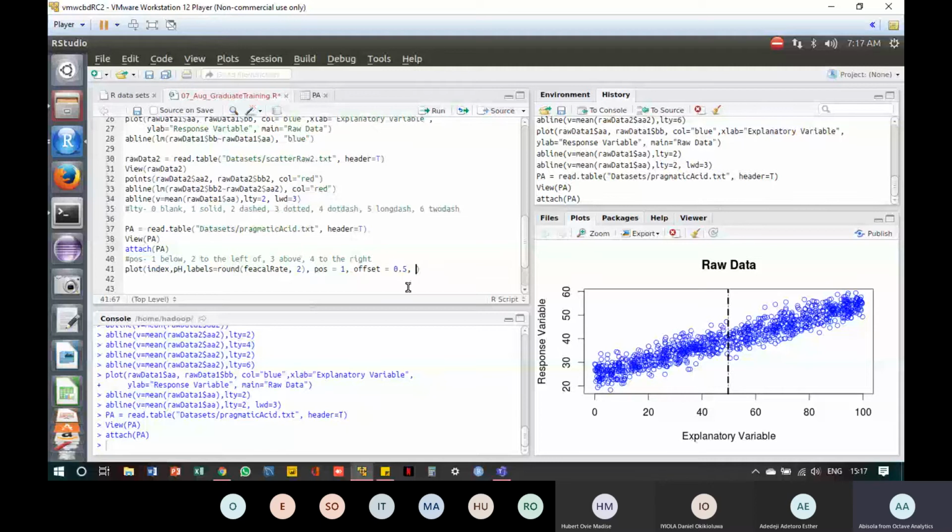Then what again is there? CEX equals 0.7. So there are a lot of adjustments and editing you can do to your graphs. CEX tells you the size of your text label. Normally your text label is 100%, but now I want it to be 70% of the original size. So let me put this here so that when it's shared with you,